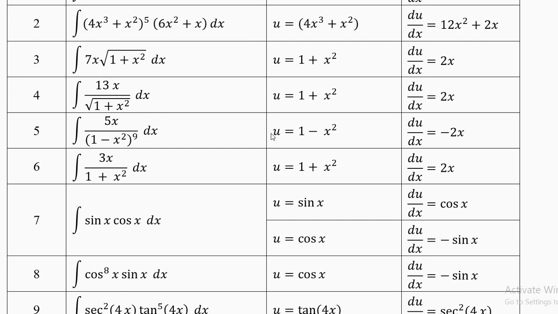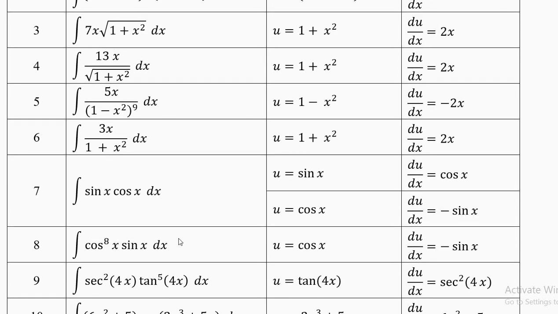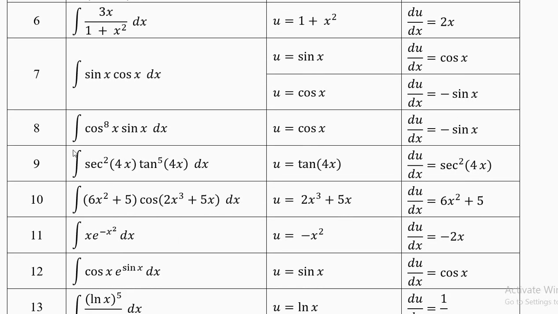In other questions you don't have any choice. In trigonometric questions sometimes we have a choice, sometimes we don't have. Example number 8, we do not have a choice. Why? Because derivative of cos x is sin x, and this power 8 is sitting here. Here there is no power, so you can choose. Now it is u power 8 and the derivative of u is minus sin x, and this minus has to